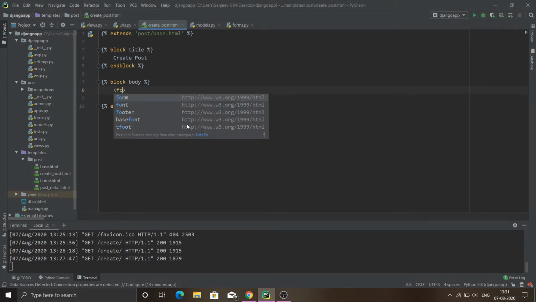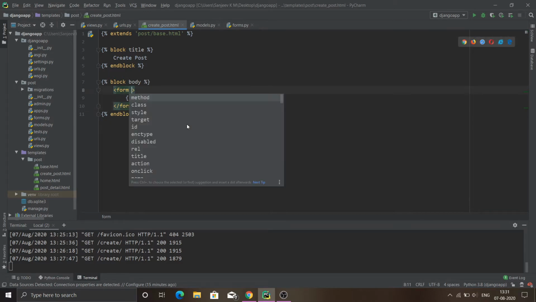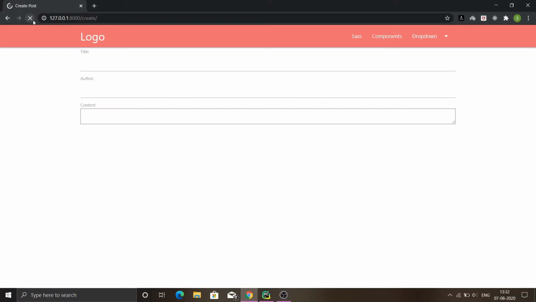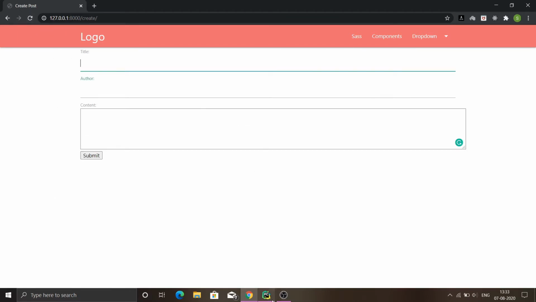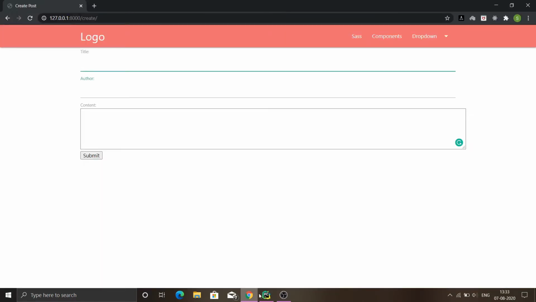To create a submit button, let's enclose our form within the form tag, and let me give it a method of post. In here, let me include the button which will provide the submit button in our front end, as you can see in here. This form styling is not due to the form class, it's due to Materialize CSS. It styles forms automatically without supplying any class to it.